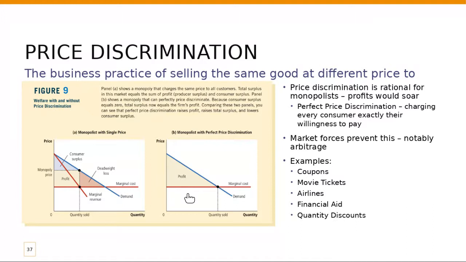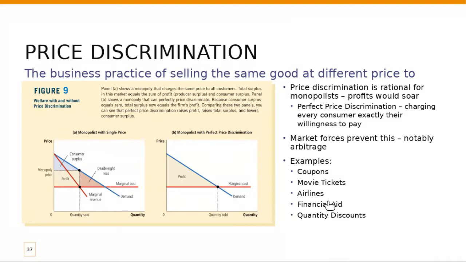There aren't really any particularly good examples of this, but the closest we know of firms which do perfect price discrimination is very elite universities. So when you fill out the FAFSA, right, you're telling them your income, how much you make, what you'd be able to spend on a university and how much help you need. And what do you know? Universities are able to tailor a financial package which maxes out exactly how much you might be willing to pay for a college education. Typically, though, market forces prevent this, notably arbitrage.